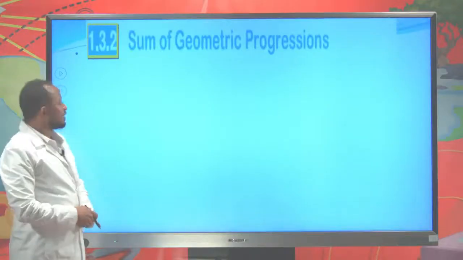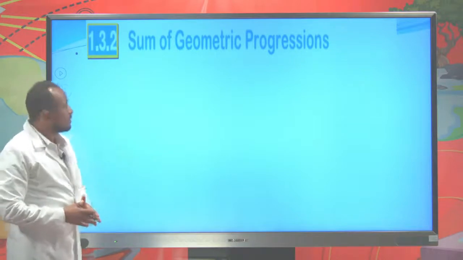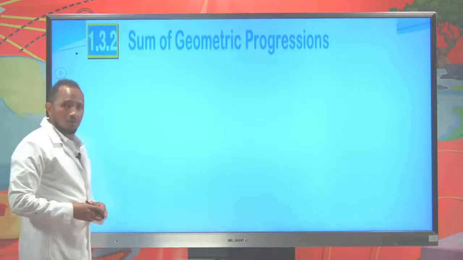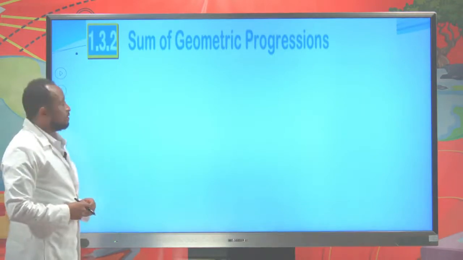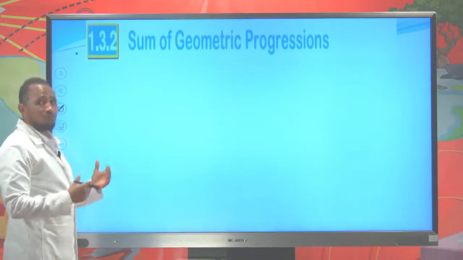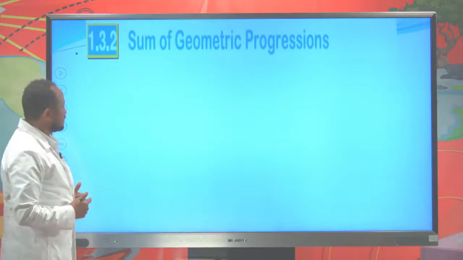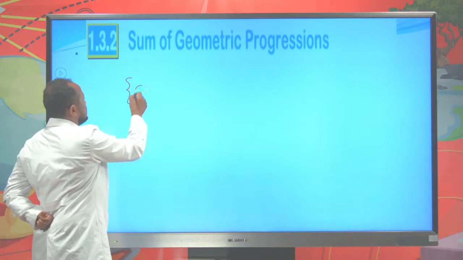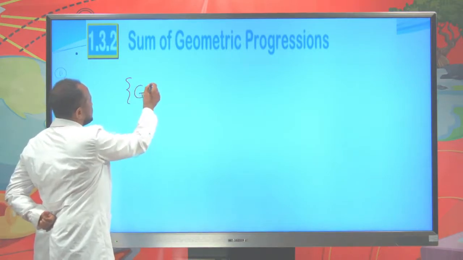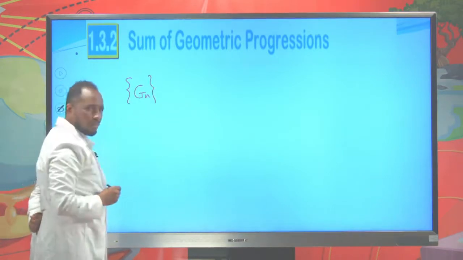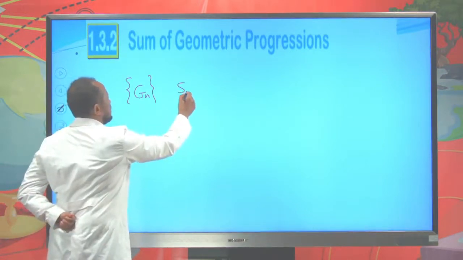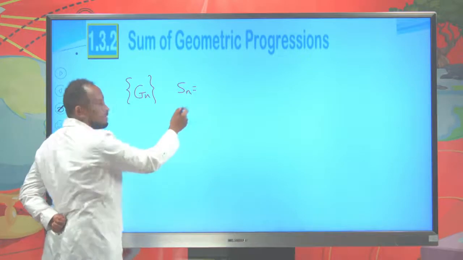Now, the sum of a geometric progression. The next part is the sum of the terms of a geometric progression. To find the sum of the terms of a geometric progression, let's see how the formula is derived. Assume Gn is a geometric progression, and the sum of n terms of this geometric progression is